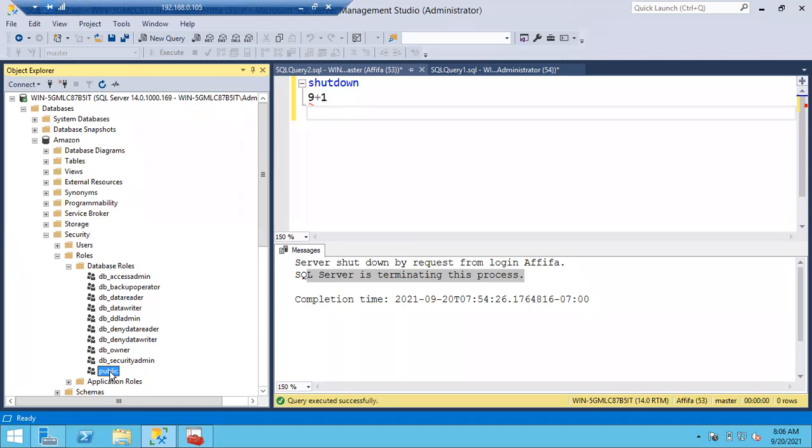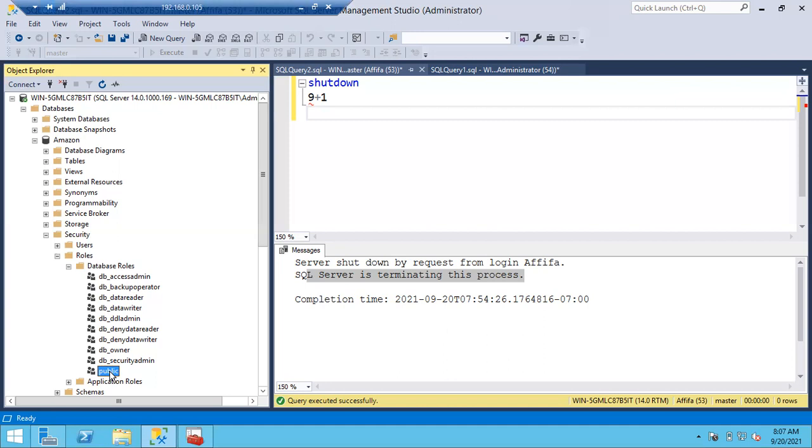In the same way, what is the equal entity for a login at the database level? Database user, very good. So a login is a member of the public server role. In the same way, a user is a member of the public database role. By default, any user is a member of the public database role.